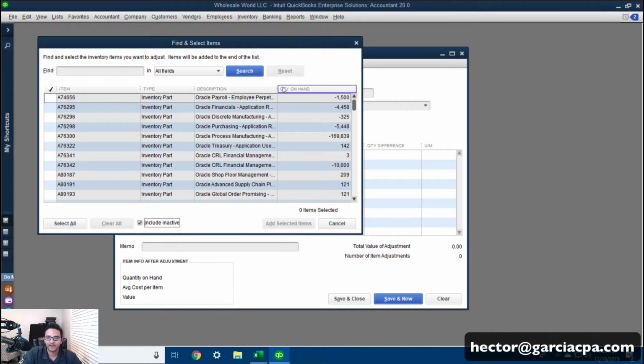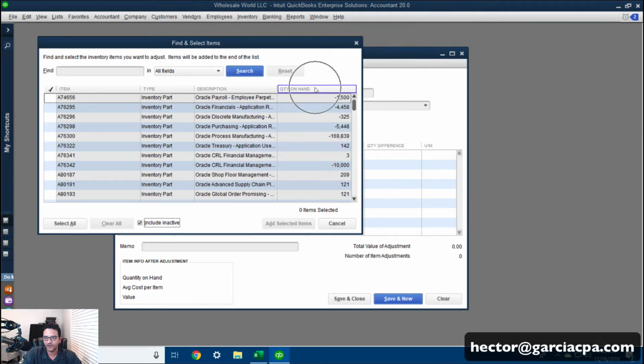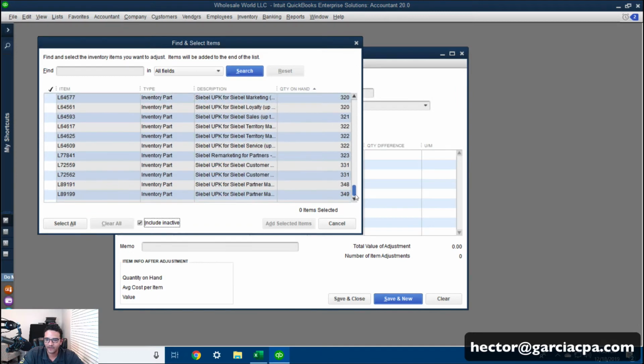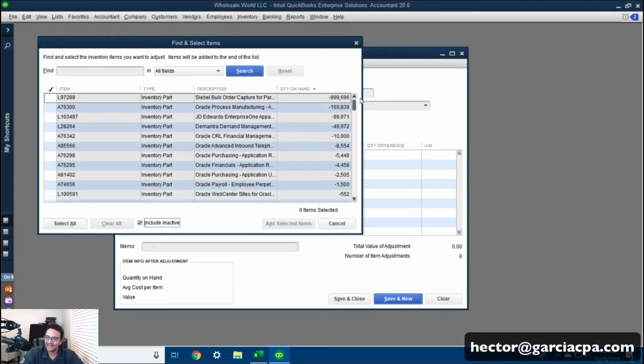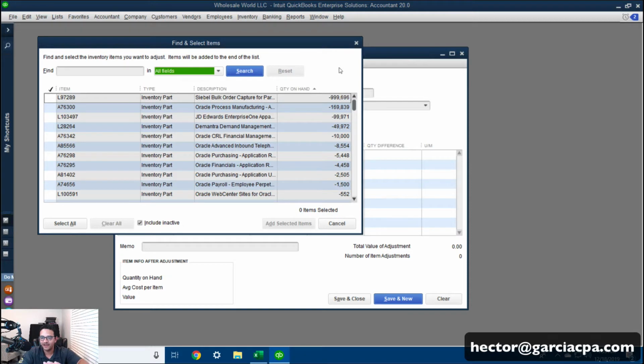Next thing I'm going to do is click here where it says quantity on hand. Click on that header on the top. So it sorts by all the negatives, and when I scroll down, at some point it'll be all the positives. So what I would do at this point, because there really isn't any additional field where I can say only show me the ones that have a value,